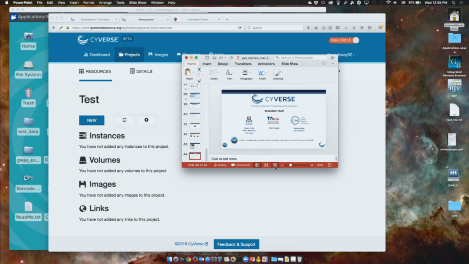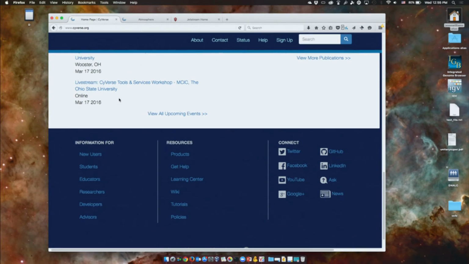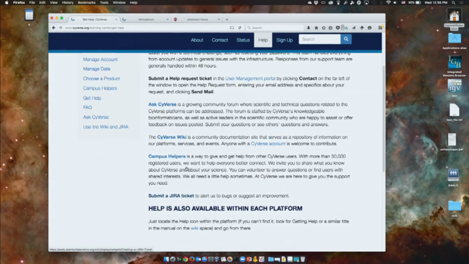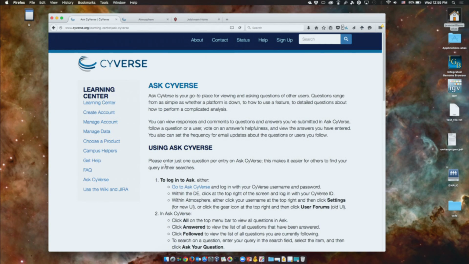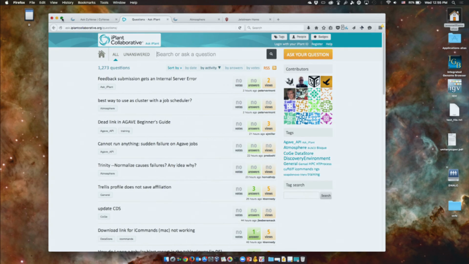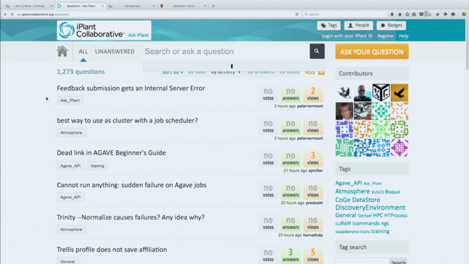And lastly, let me make sure I show you from the CyVerse homepage that you have the ability to get help. So besides all of these resources, if you go to the Get Help resource, there'll be important links. And including in those links, there's an Ask CyVerse. You just click on that. You'll see that certain things are still called iPlant, as I'm sometimes doing, but you'll see there's more than 1,000